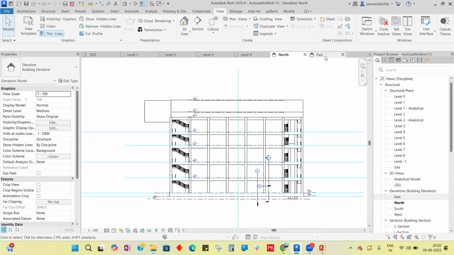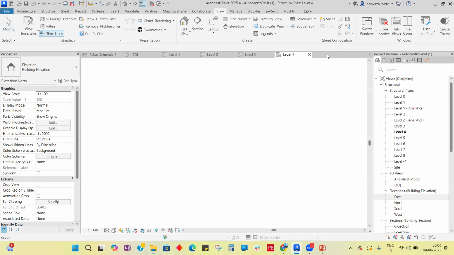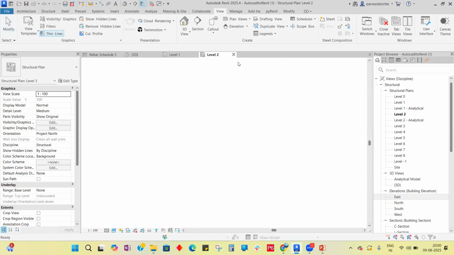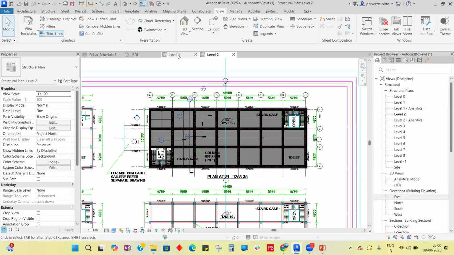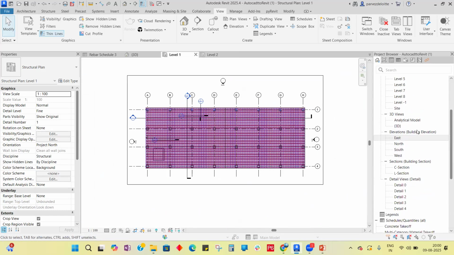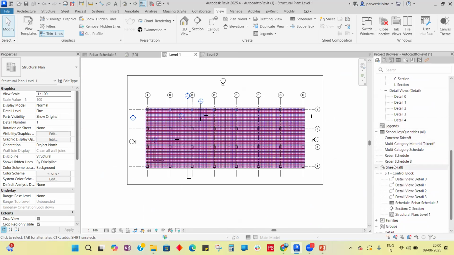अच्छा, ठीक है? आगे बढ़ते हैं। तो what I was explaining is, once we are done with our modeling, हमारे प्लान्स रेडी हो गए। ठीक है? हमने प्लान्स बना लिए, अब हमें शीट्स जनरेट करनी हैं। तो I was explaining कि शीट्स कहाँ होती हैं।